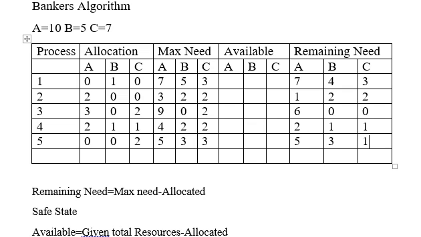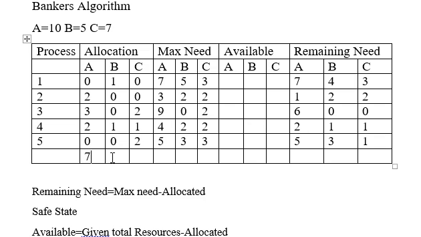Alright, so that's the remaining need that we have. The next thing that we did was calculating the available. So initial available resources, how many are there? For that, first we need to do the addition of the allocated resources. The allocation resources are over here, so I'll just sum up all of them. So it is 2 plus 3 plus 2 is 7.